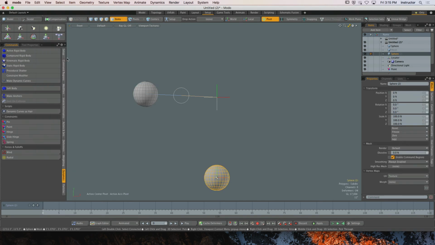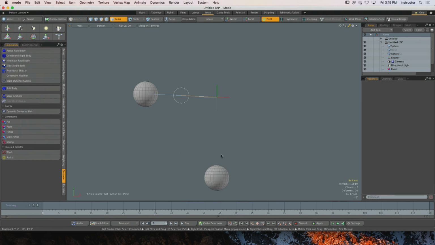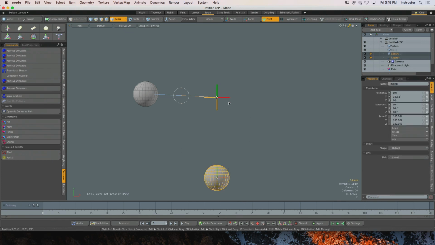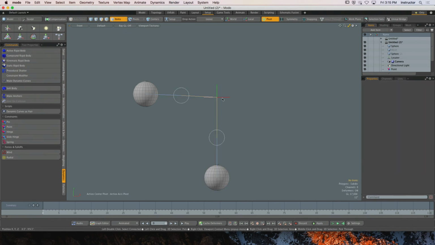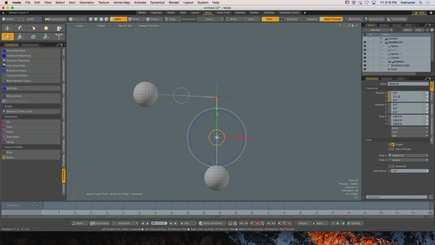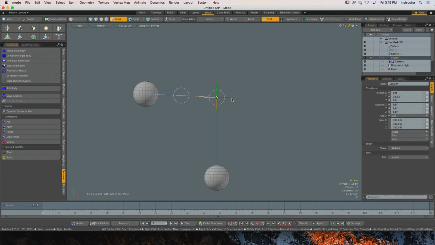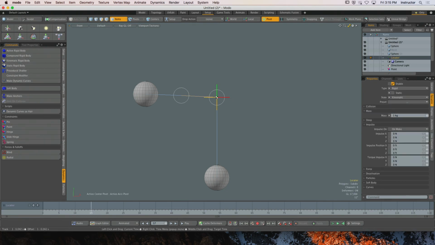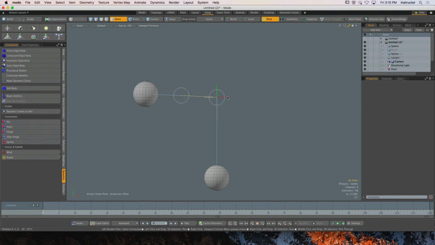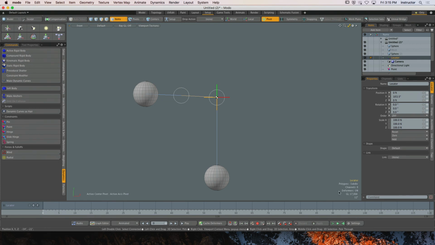Make my second sphere an active rigid body. Constrain it once again to that exact same object, right? And then for the locator, I'll make it a kinematic rigid body, and then I'll just spin it. I have no idea what this is going to do. Okay, cool. I haven't animated the, let's see, I want to animate it around the z-axis. So over the course of,